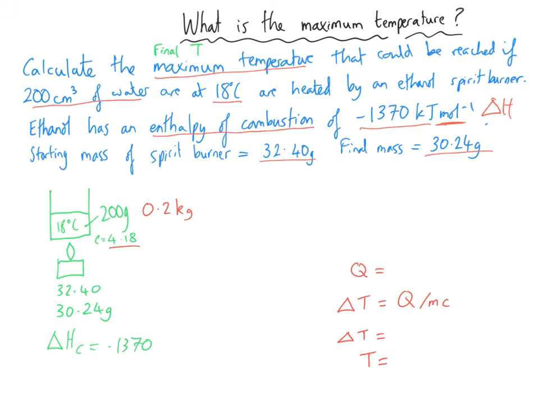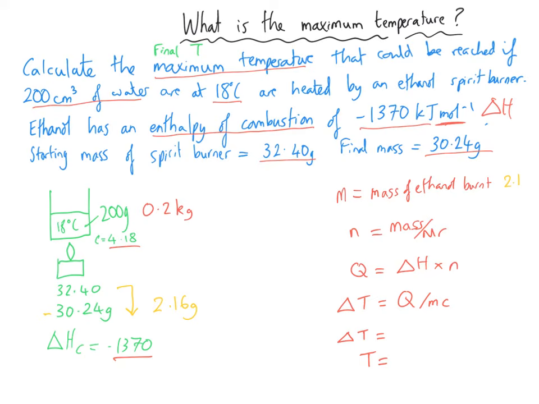Now Q is, in the delta H is Q over n expression, Q is delta H multiplied by n. We've been given delta H, minus 1370, so that means that the task prior to this will be to work out the moles of ethanol being burnt, which is mass divided by Mr, which means that our very first task is to work out the mass of ethanol that has been burnt. So let's do that now. 32.40 was the starting mass. It went down to 30.24, so we need to subtract that, and that gives us a mass of 2.16 grams